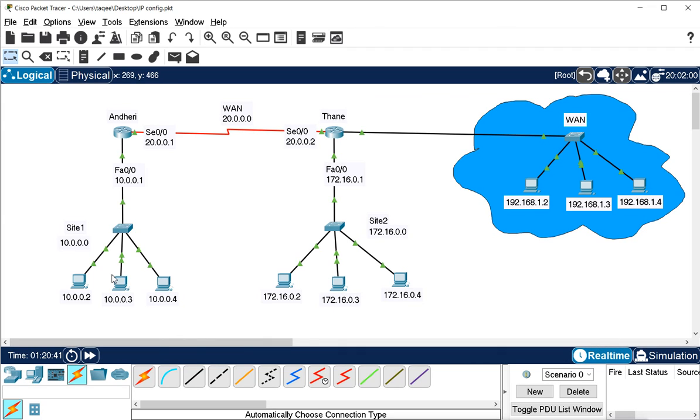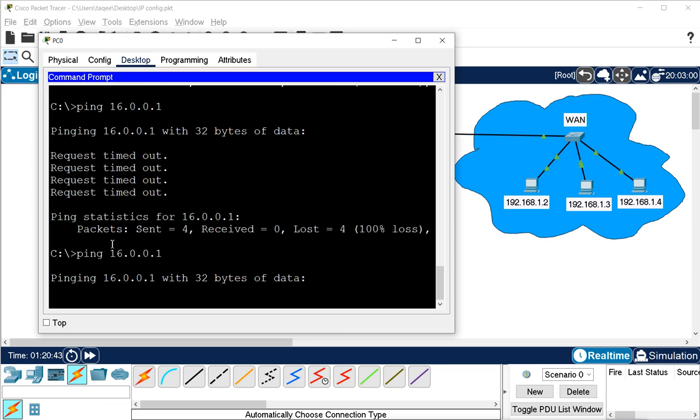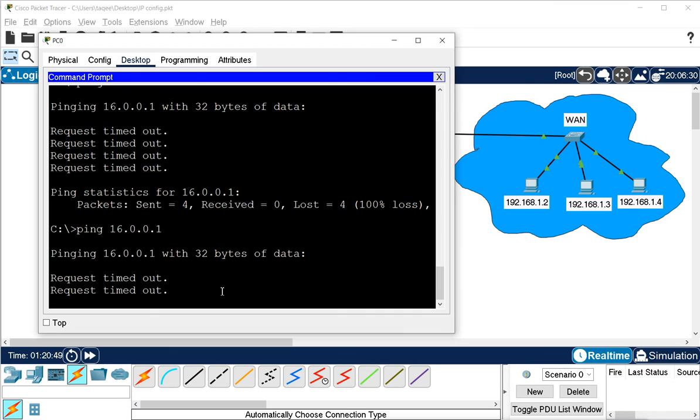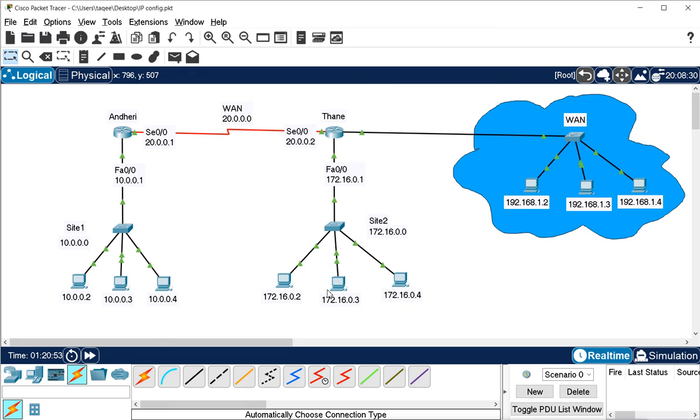And again, why did we lose the first packet? Because of that ICMP. Let me show you that again. I will try to ping this. You will see the first packet will be lost.